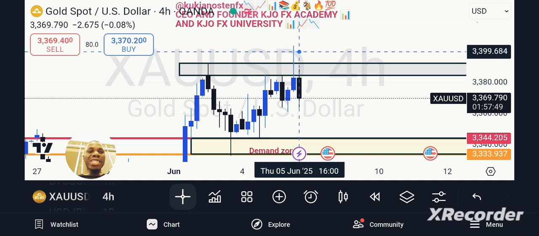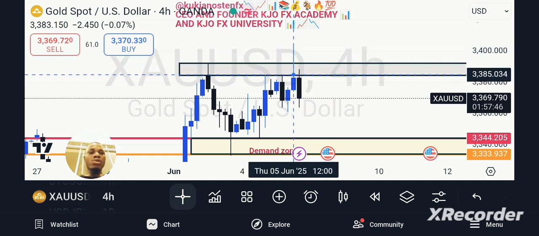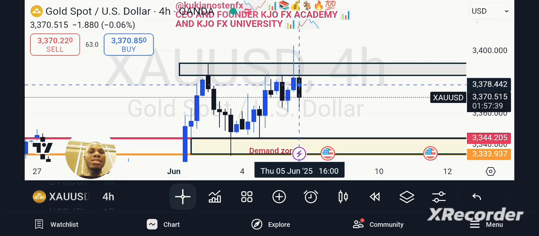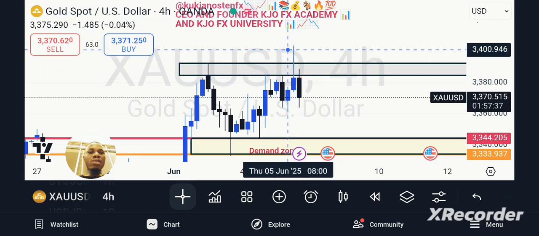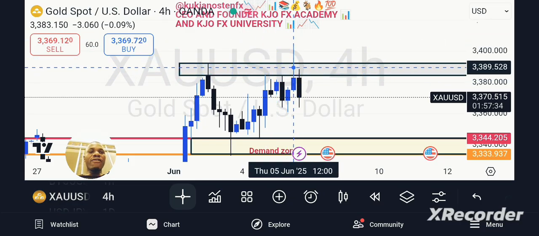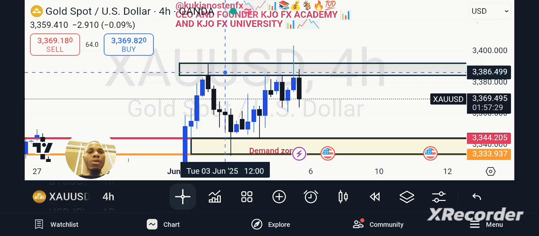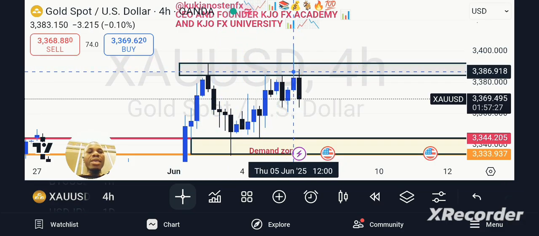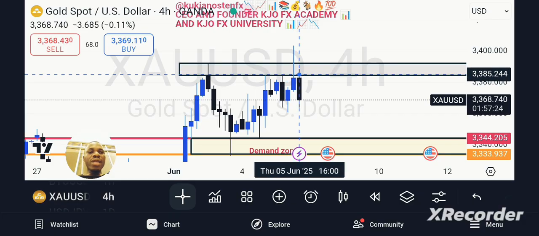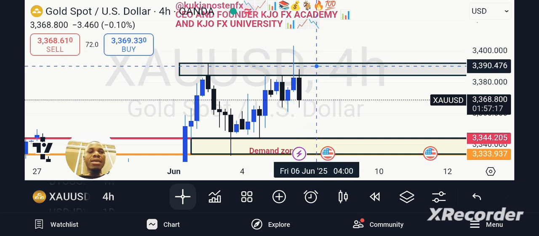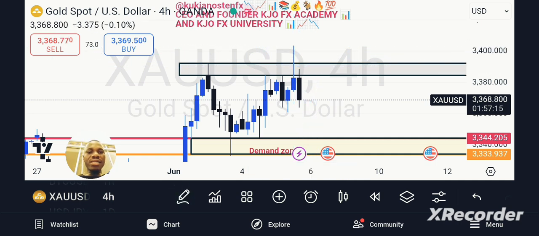So this breakout is invalid. What does it mean for you as a trader? Since the breakout is invalid, it means that the market is showing you that we are still in the selling signal. Okay guys, so this fake out is invalid. The invalid fake out has been formed within the resistance zone. But if this zone had been broken with a solid buying momentum, and then retested back, then we would have seen that maybe